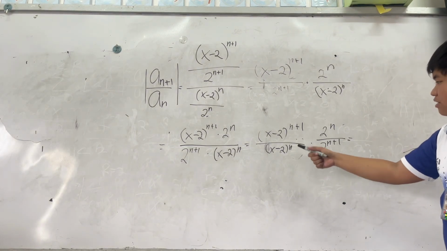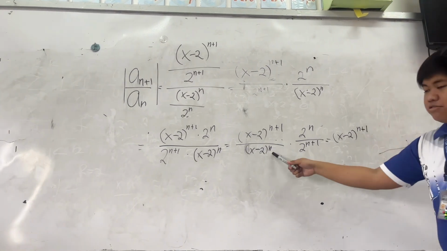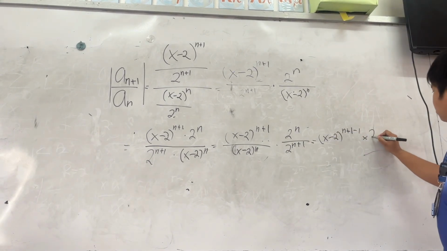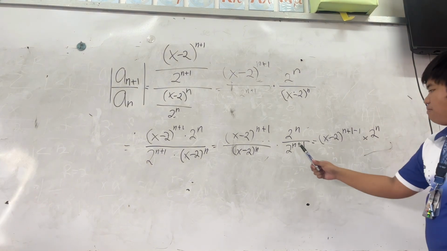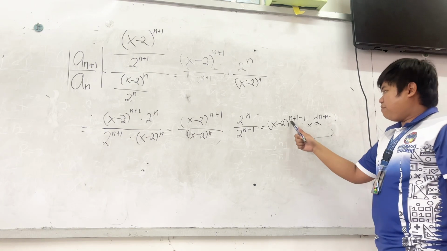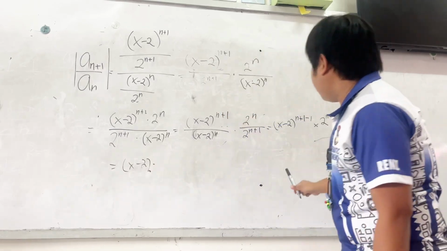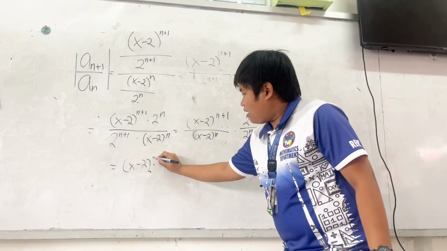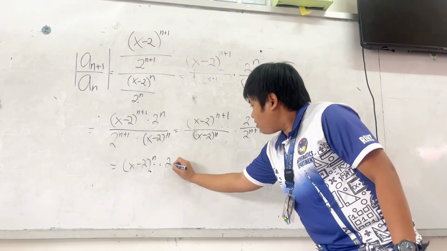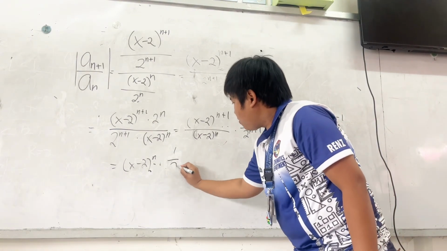Given that we can write this part as x minus 2 raised to n plus 1 minus n, because this is the denominator, times 2 raised to n minus n minus 1. So we're just going to simplify this into x minus 2. So 1 minus 1 gives us the value again here, times the value of n minus n minus 1, we're going to have 2 raised to negative 1, where we can write 2 raised to negative 1 as 1 half.